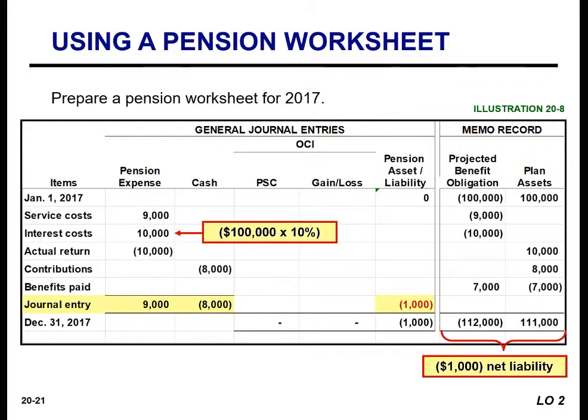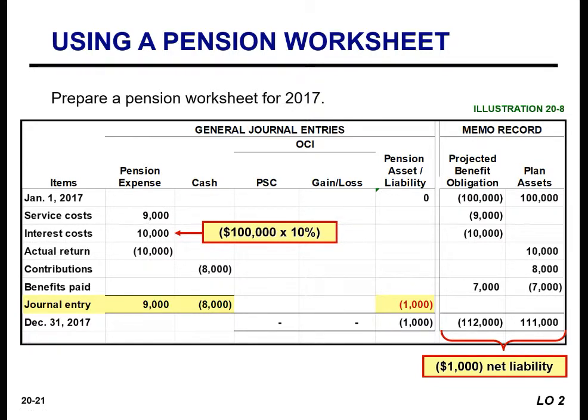And benefits that were paid to the retirees were in the amount of 7,000. We then carry everything down